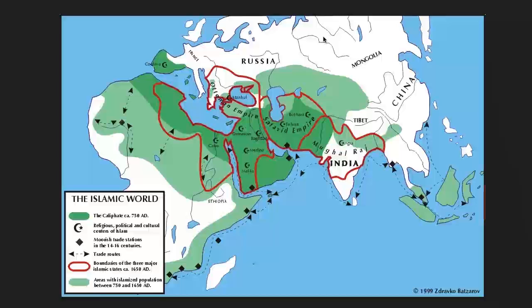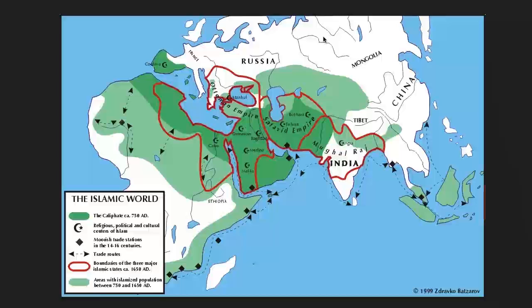we look at the spread of Islam beyond the immediate Near Eastern area. This is actually the best map I could find, and it's not really a great map. It's actually pretty pathetic. But what is important about it is that it shows how Islam spread into Central